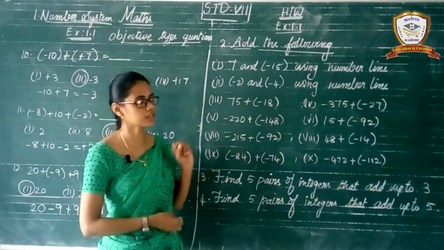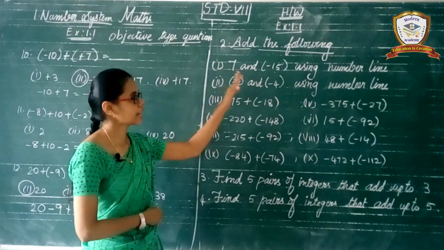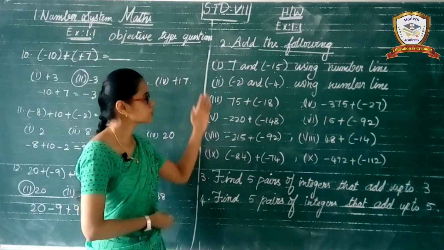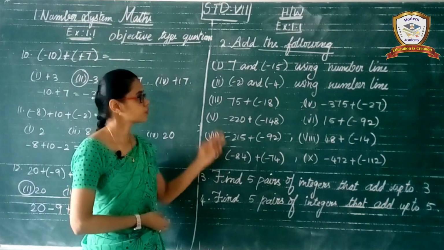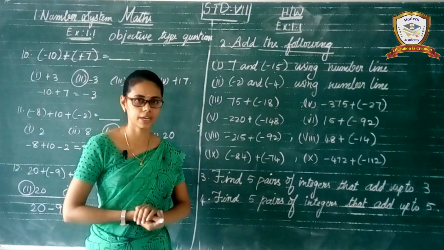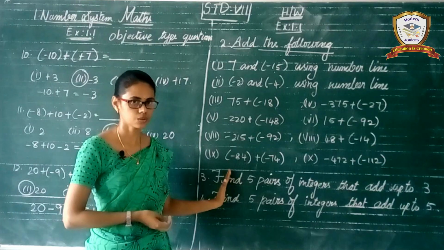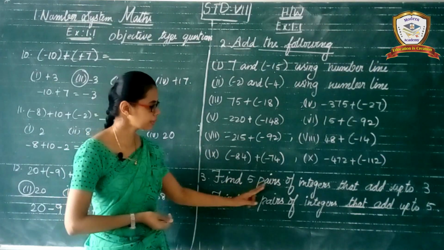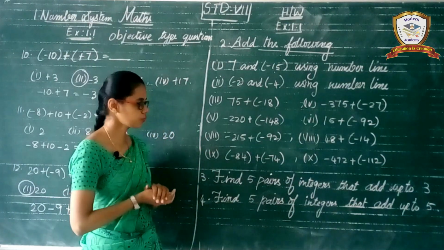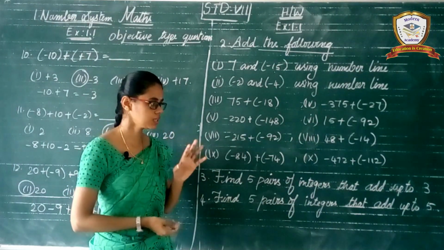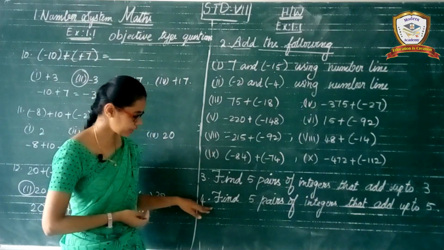Next we go to the homework. See the homework exercise 1.1 second row, add the following. Okay. So in add the following nearly 10 sums are there. So first two sums using number line. Okay. And for the remaining sums we have the normal additions. Okay. And third one, see, find 5 pairs of integers that add up to 3. So we need to find 5 pairs of integers that add up to 3. Okay. And next, fourth one, find the